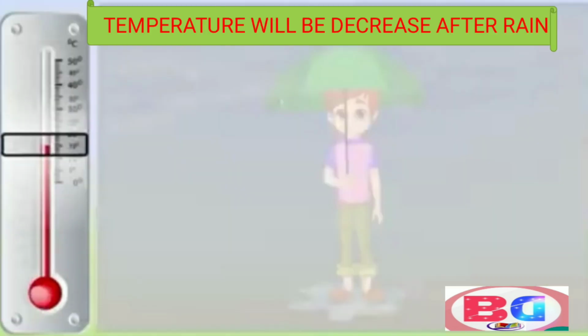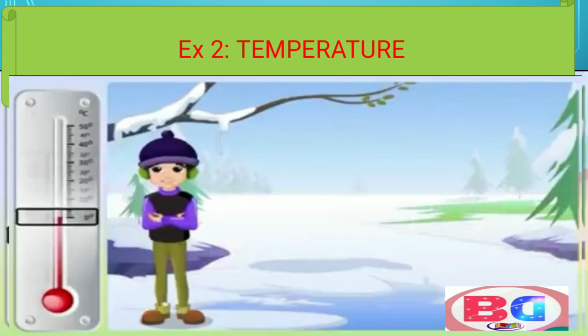Let us see, on a rainy day, the temperature will go down from 40 degrees to, let us consider, 10 degrees. It means our weather has cooled down, so the temperature is decreasing. So it is the indication of 10 degrees centigrade. Suppose snow is falling around you and the environment becomes too cold, then the temperature comes to 0 degree.